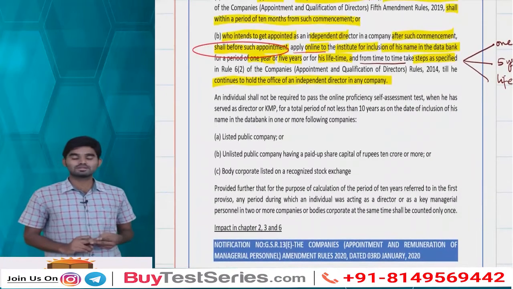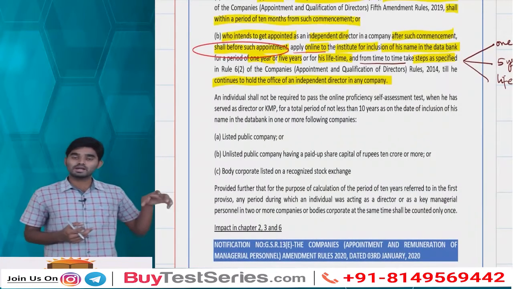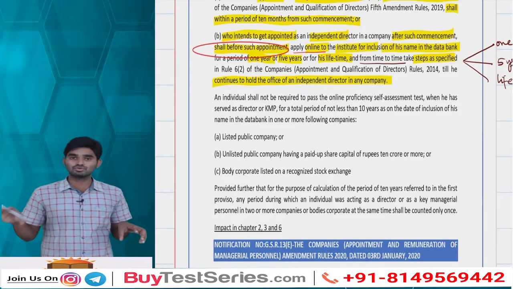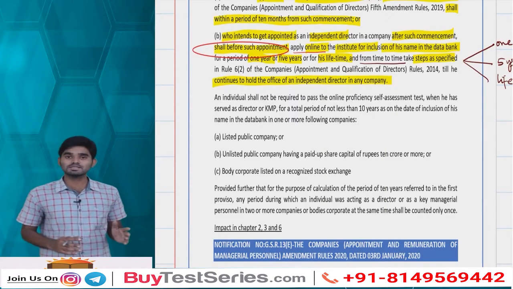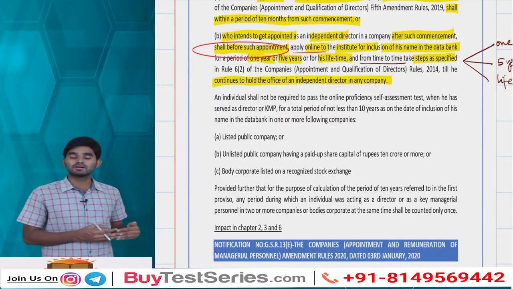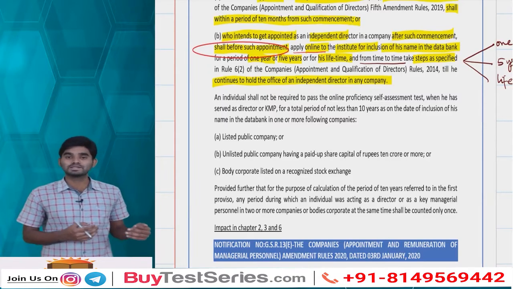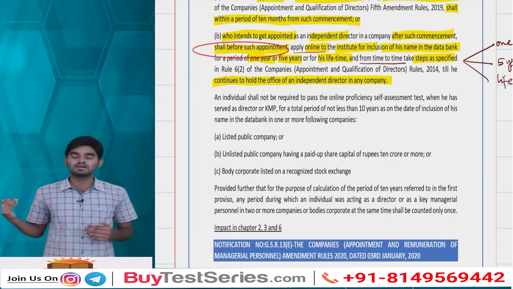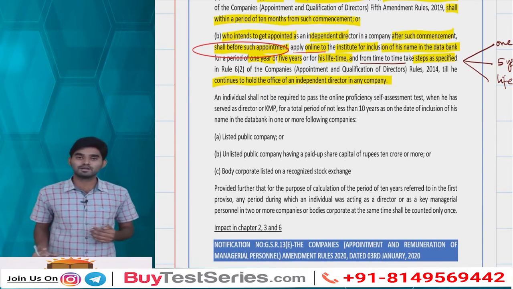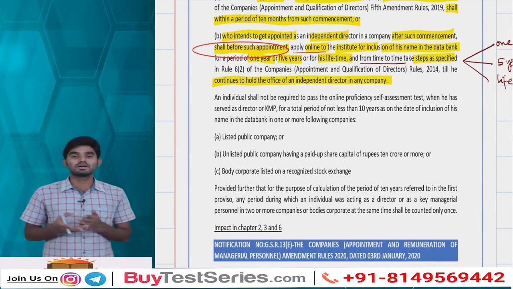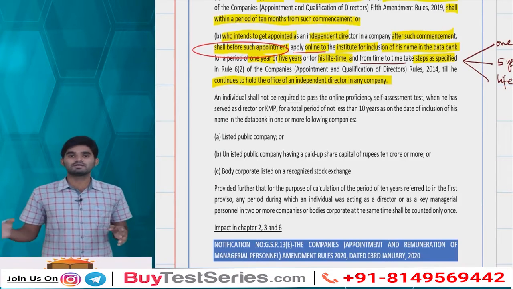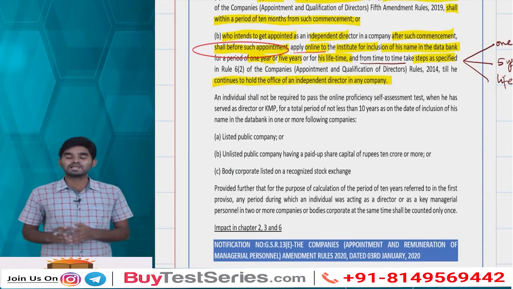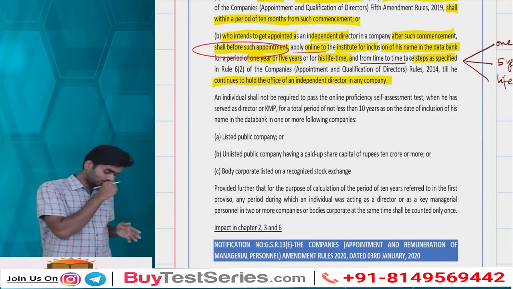So two things over there. One, I'm already acting as an independent director. Two, I'm not an independent director as on date of the commencement. The first case, if I'm already an independent director, then within 10 months I shall apply online to that website, that is the Independent Directors Data Bank, to include my name in that data bank within 10 months. The second one, if I'm not an independent director as on date of that commencement, but I intend to be